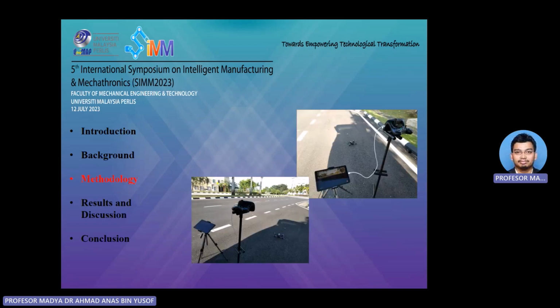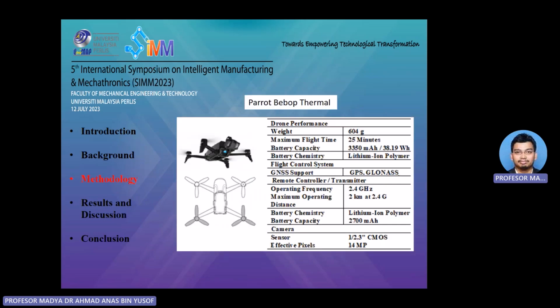This is our setup during the experiment. We have our drone standby nearby, and we have our remote controller and also our display here. Through this display, we can identify the temperature difference during the flight or during the measurement. And to be exact, we are using a small